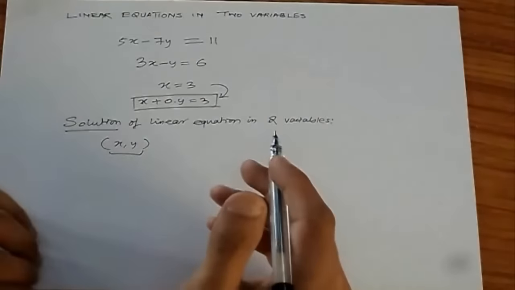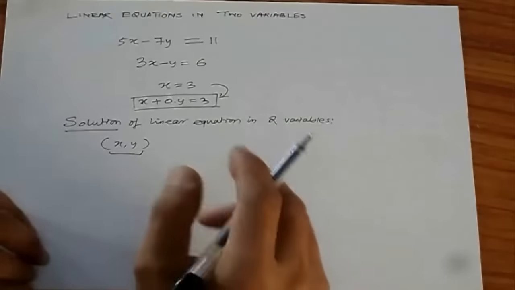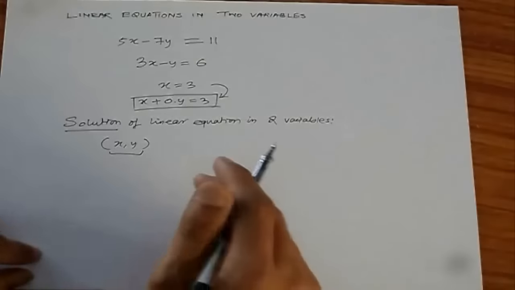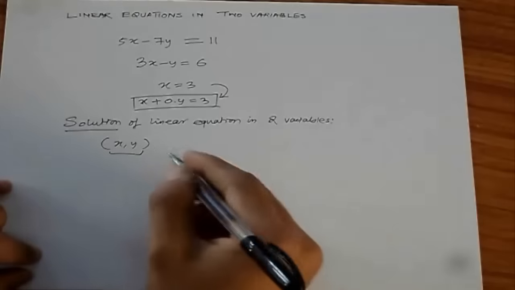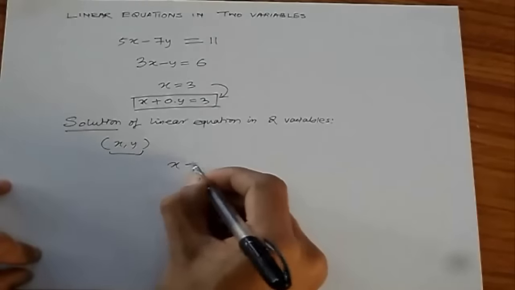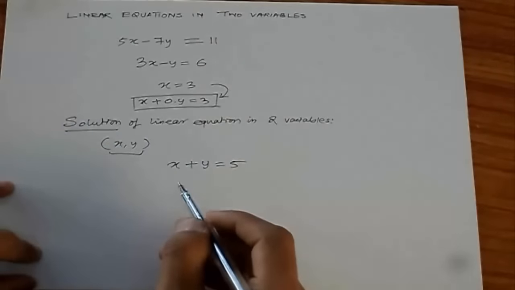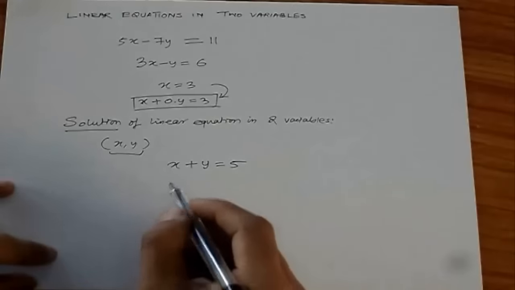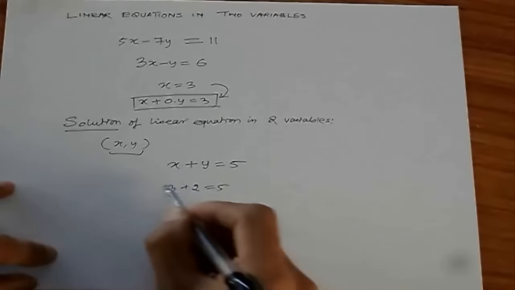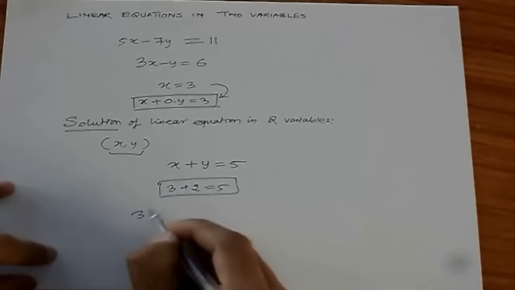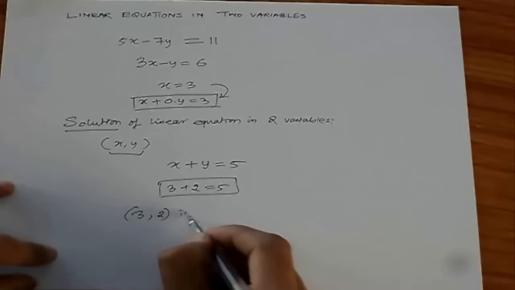So not all ordered pairs are solutions, but those ordered pairs which satisfy the given equation are said to be solutions of the linear equation in two variables. For example, we have a linear equation in two variables, x plus y equals 5. Now I'm going to take x equals 3 and y equals 2. When you add these two, what do you get? 5. So 3 and 2 written together is a solution,